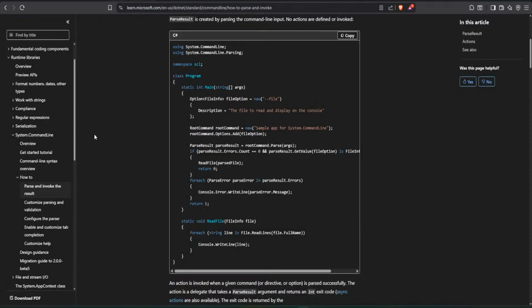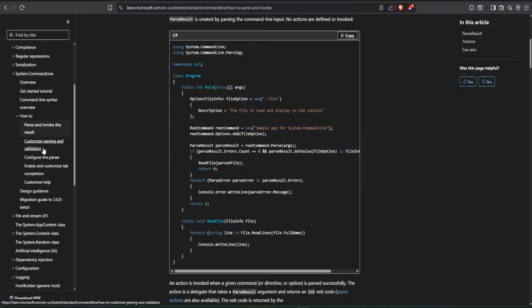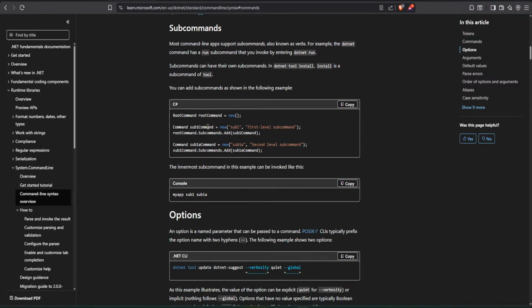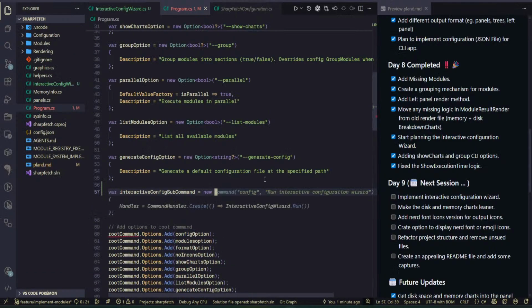Let me check the commands. Here we can have the commands, and for sub command, okay, command, and it's gonna be called config with, for example,